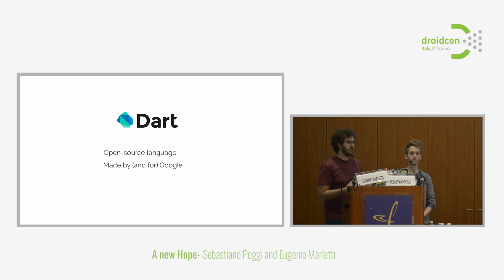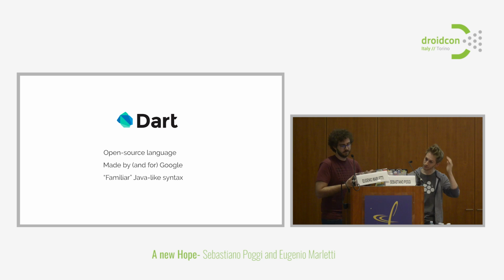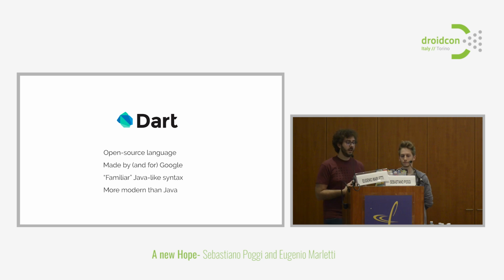Basically, the original idea, or at least the original pitch to the public was, we have done this new language, which is really good, and by the way, it transpiles to JavaScript, so you can run it in a browser, and you don't have to write JavaScript, which nobody really likes, or at least liked back in the day. Even though I've heard it's improved, I won't get anywhere near it. It's got a familiar syntax. It's similar to Java and C#, but on the other hand, is a more modern language than Java.